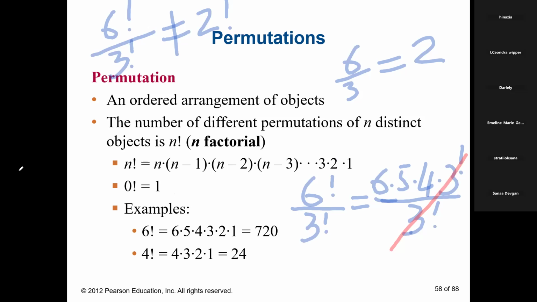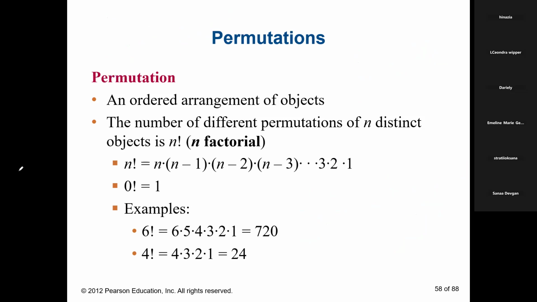Now, when you have 6 factorial, we can go all the way down to 1. That's what we're trying to show you here, okay? Got it? Now, if you have 6 factorial